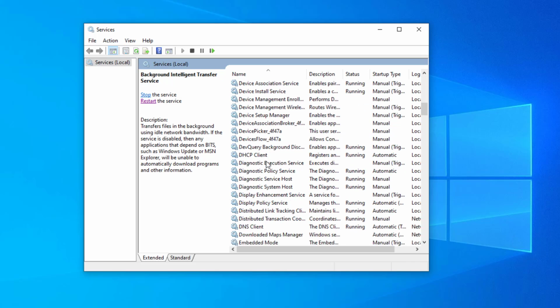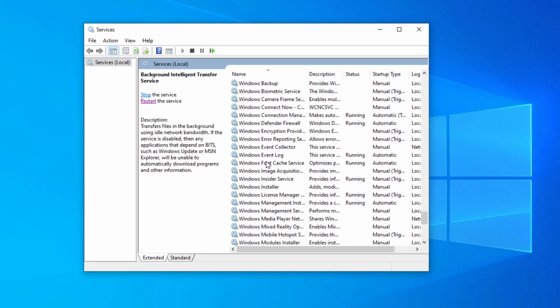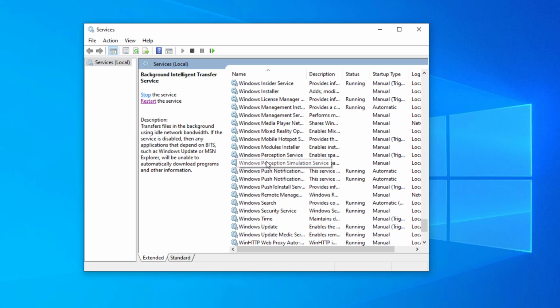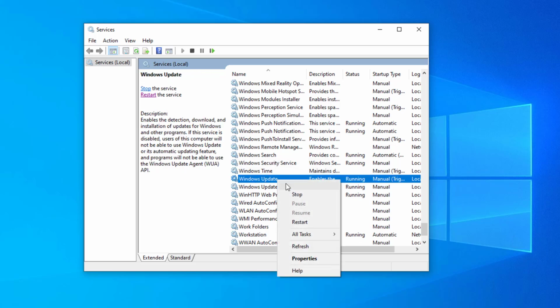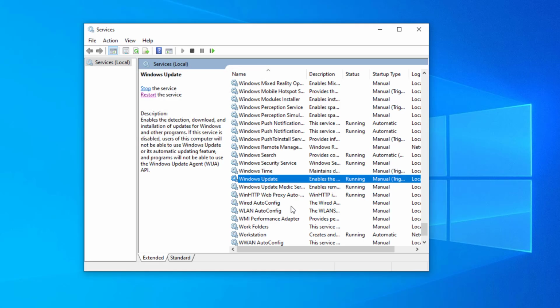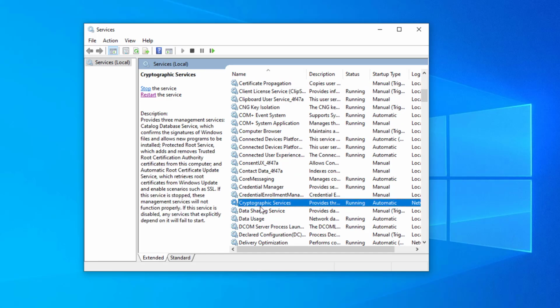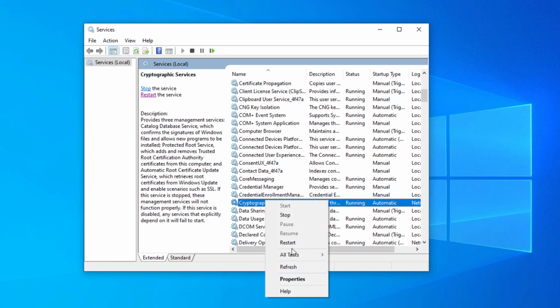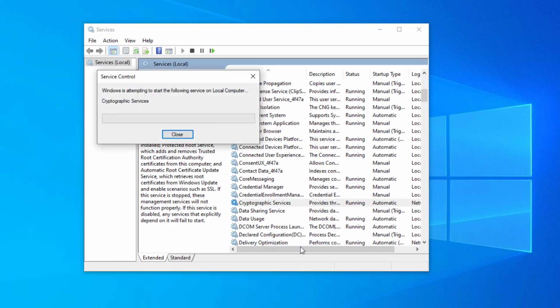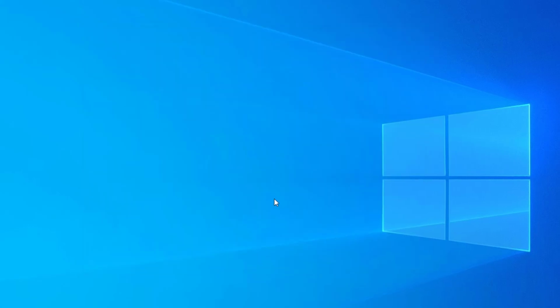Perform the same steps with Windows Update and cryptographic services. Now try again and your problem should be fixed. If that didn't work,